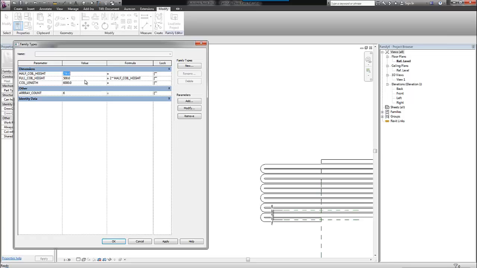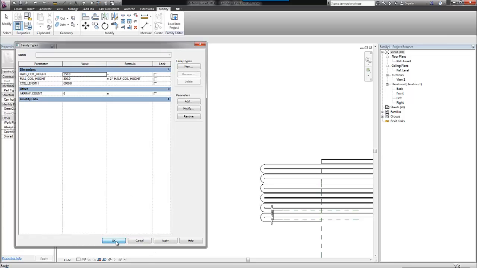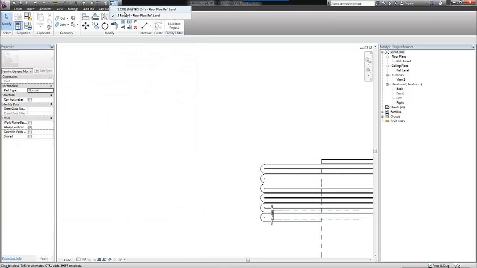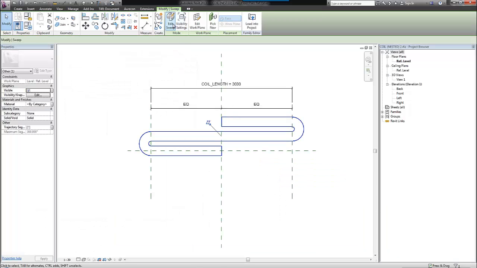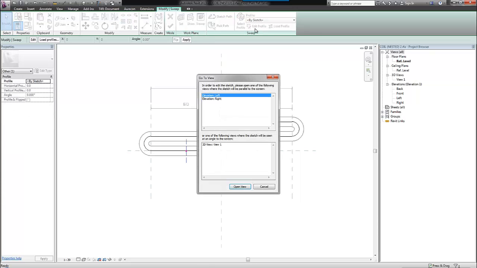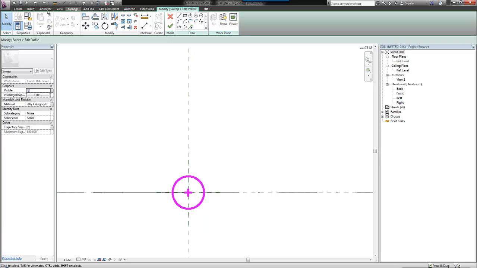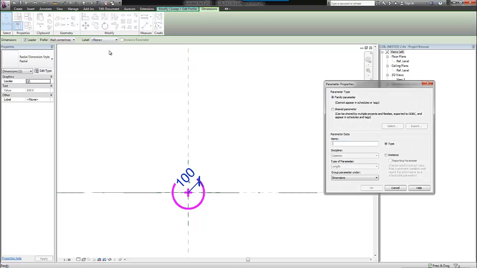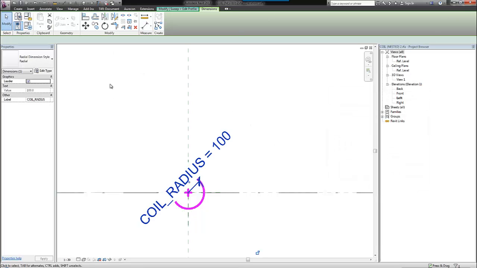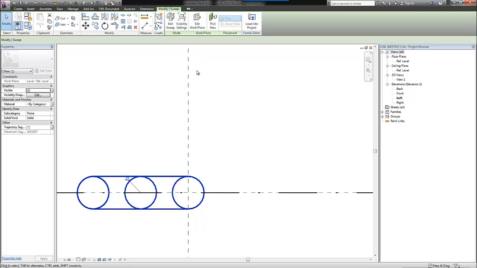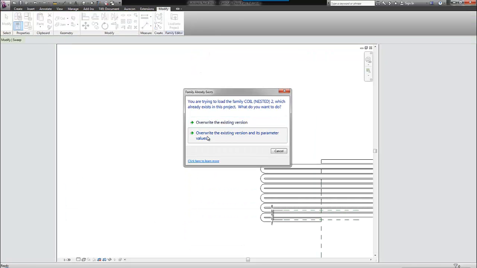The one thing we didn't control, we're going to control the radius of the coil as well. So if we come back, edit our sweep, edit our profile, go back to the left, throw a dimension on there, coil radius, make that an instance so we can map that. Save our changes to the sweep, overwrite,